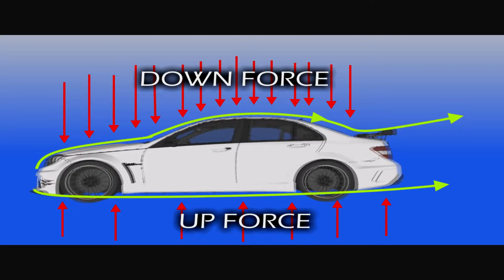The ride height of your vehicle from the ground allows a small volume of area under the car for air to build up, and the green lines are the streamlines that you'll see when the air blows over and under the vehicle. The smaller volume of air available underneath the car allows for a greater downforce created by the air as compared to an upforce. So what that does is